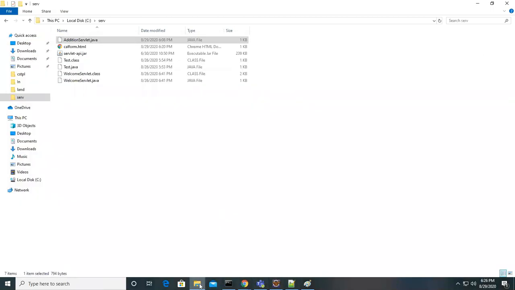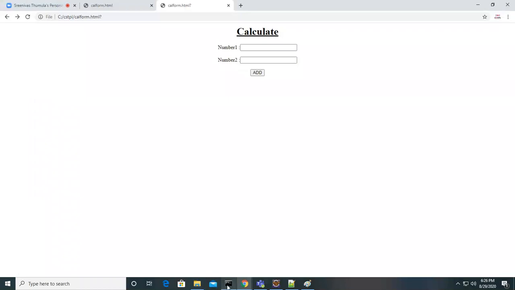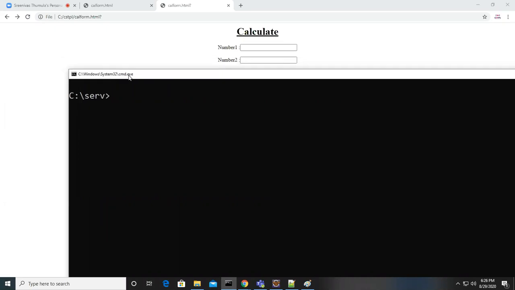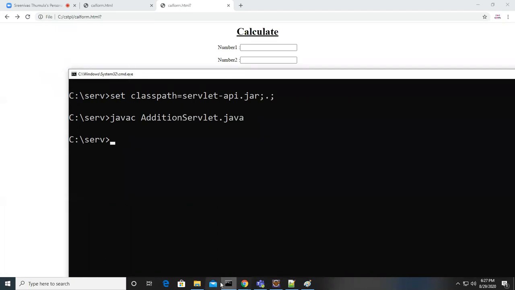So we set the classpath. Set classpath equal to the servlet-api.jar. Now I'm compiling, and the compilation got success.